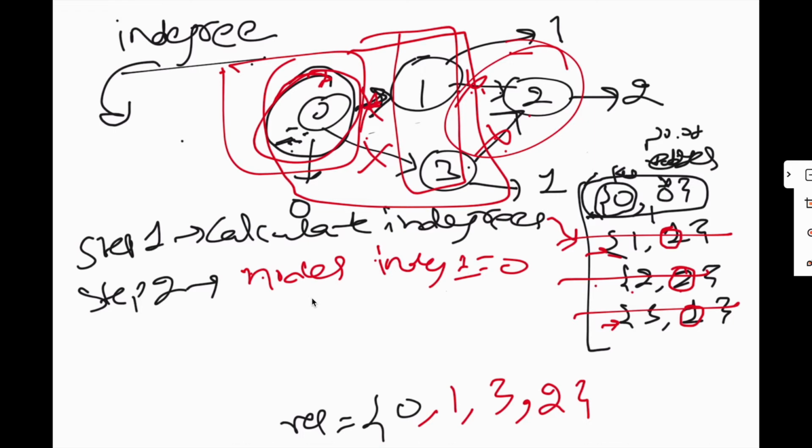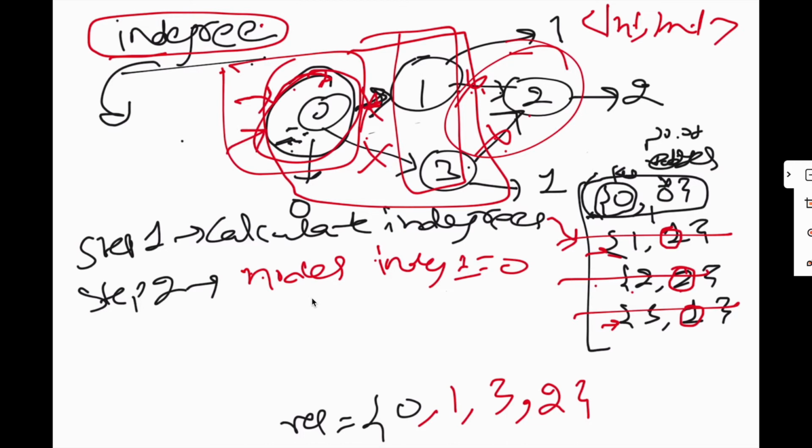Key things to remember: we are using an indegree parameter. This indegree is basically a map from integer to integer. And what is the indegree of a node? The indegree of the node is the number of edges coming to it, so we can simply count it and update this map. Then we just have to loop through this indegree map and find all the nodes which have 0 indegree. Once it is done, we can directly put them into the answer, and we can remove them from the graph.